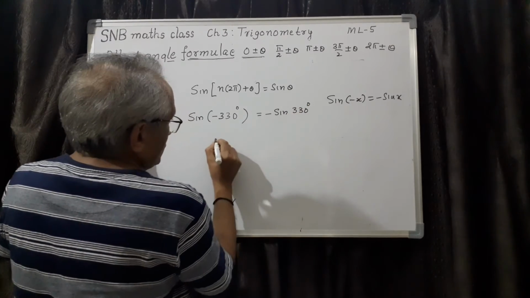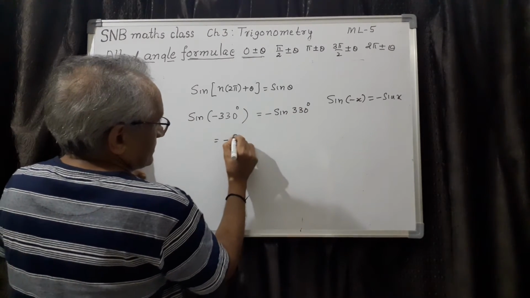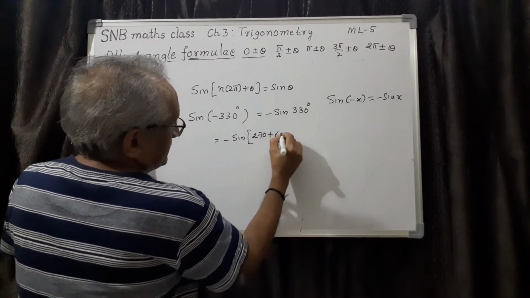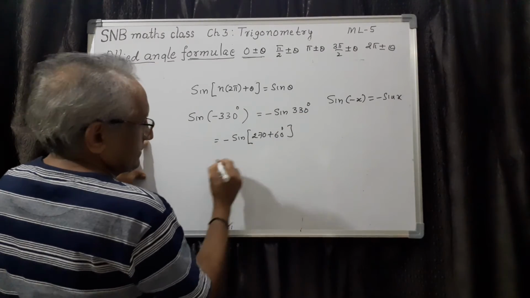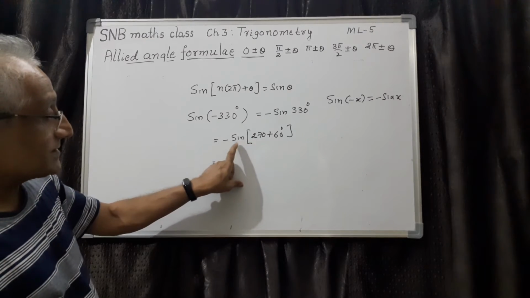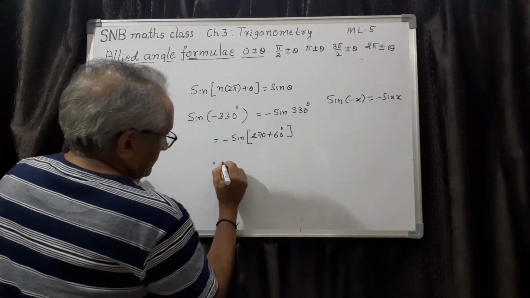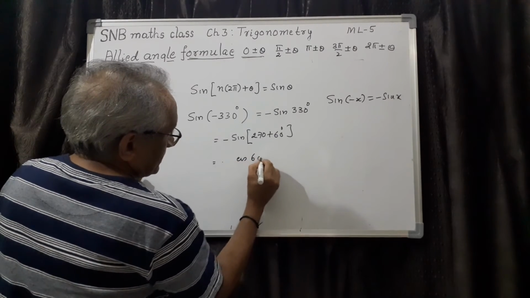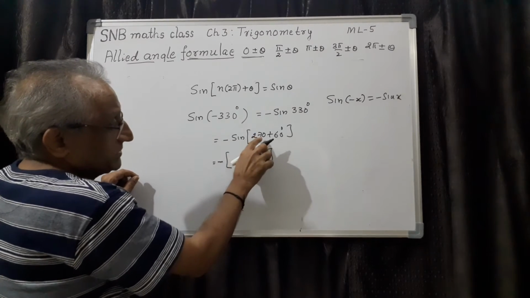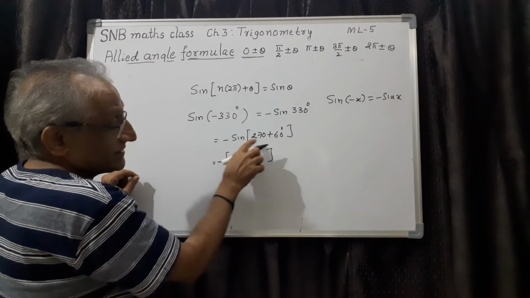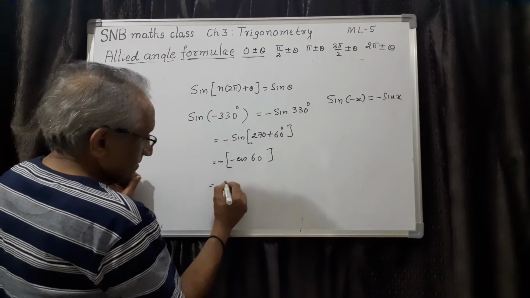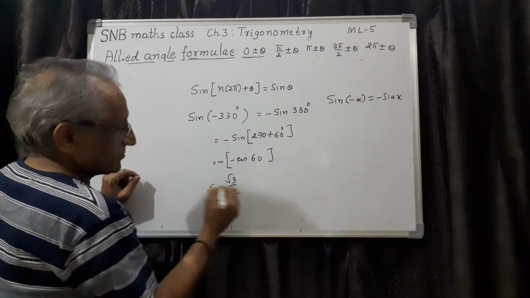330 degree. Now we have to use allied angle rules here to get the angle. So this you can write 270 plus 60, because 330 is 270 plus 60. And allied angle rule is whenever it is 270, means it is 3 pi by 2, sine becomes cos. So I have to write cos 60 degree. And this minus is there. Please note, this minus is there. Then 270 plus 60 means sine is in the fourth quadrant, negative. So this is negative. So minus of minus becomes plus. So it is root 3 by 2. Sine 60 is root 3 by 2.